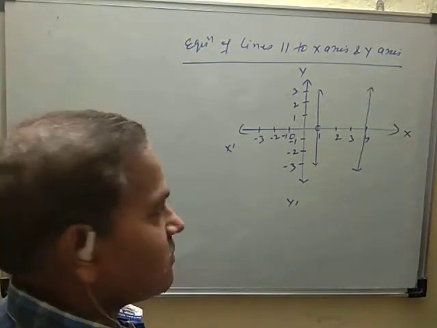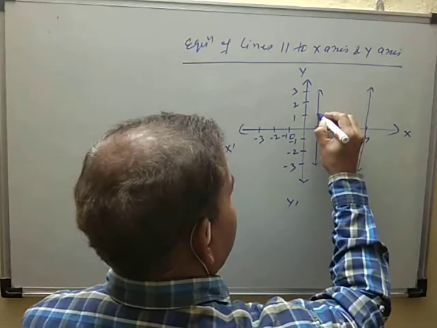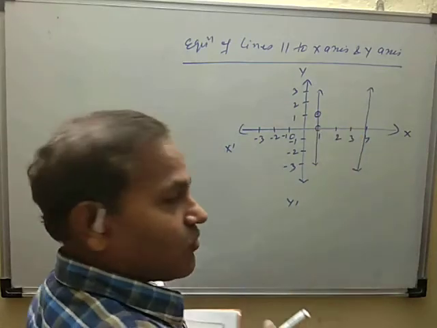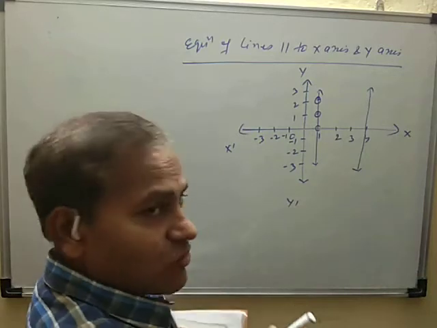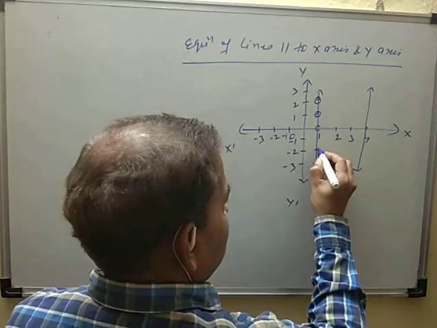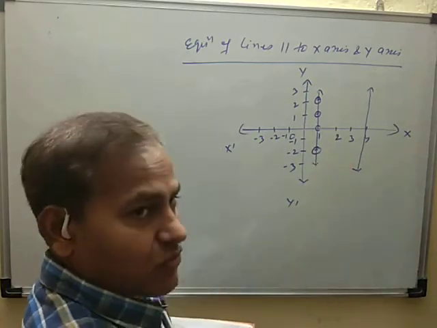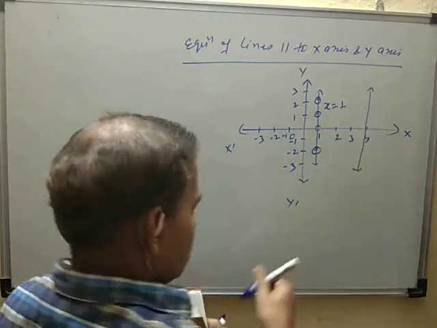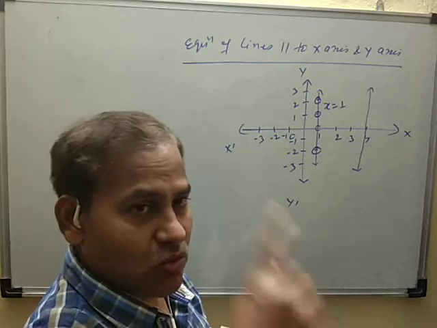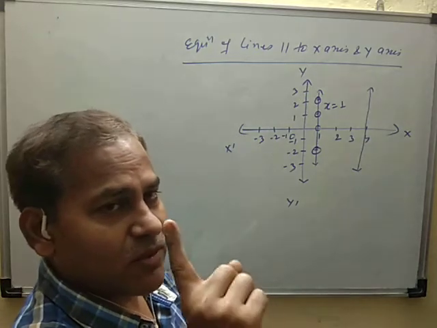1. इस पॉइंट पे x की वैल्यू क्या होगा? 1. इस पॉइंट पे भी x की वैल्यू क्या होगा? 1. Also here the value of x is 1. So equation of this line is x is equal to 1, because ये whole line पे x की value क्या है? 1 1 1.